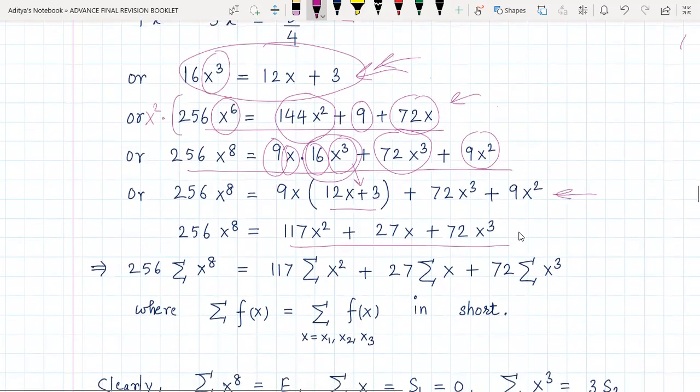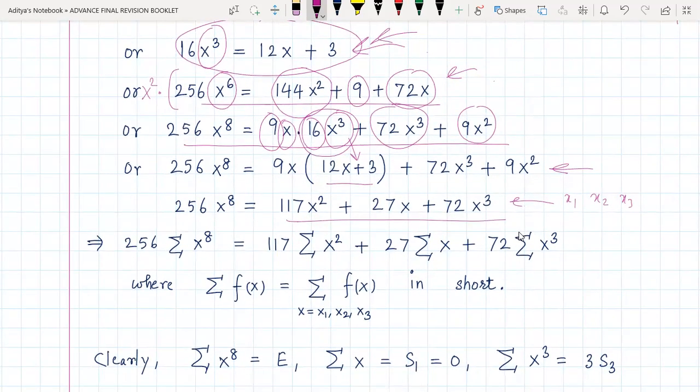Now obviously this equation is satisfied by x equal to x1 also, x2 also, x equal to x3 also. All of them satisfy this because they were the roots of the original equation. So what we are going to do is we are going to successively put x equal to x1, then x2, then x3, and going to add all those equations. So it is same as saying taking the sum both the sides, right?